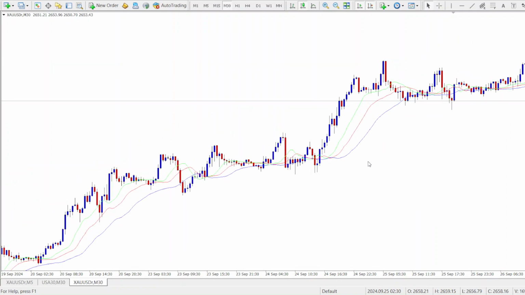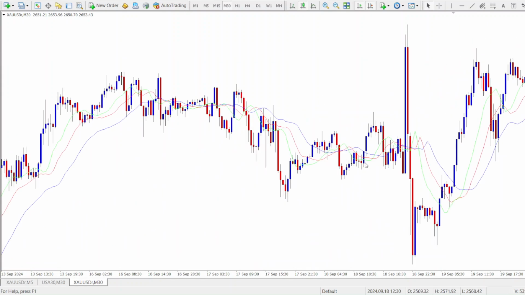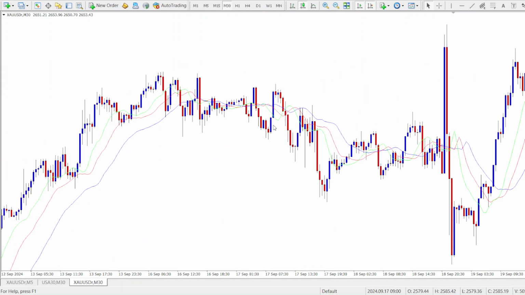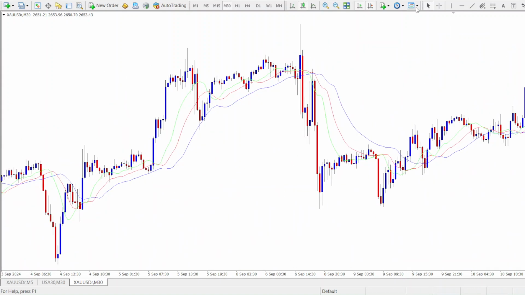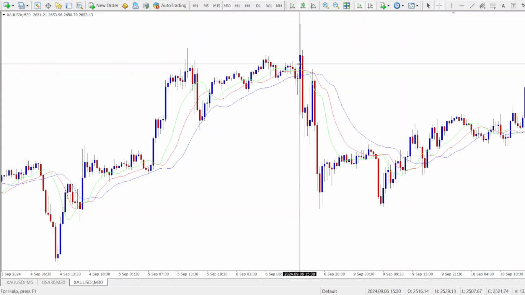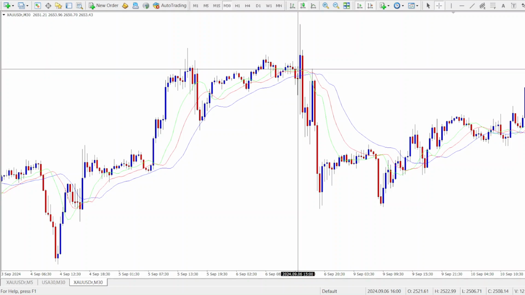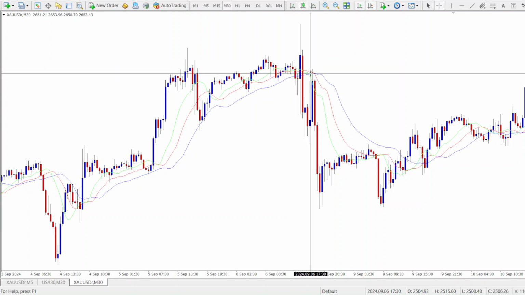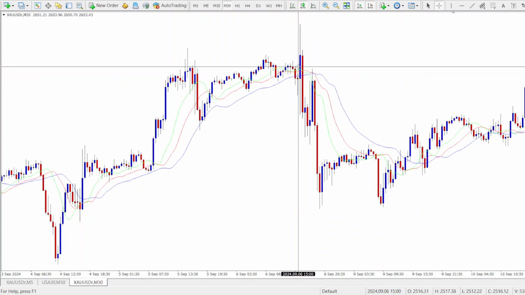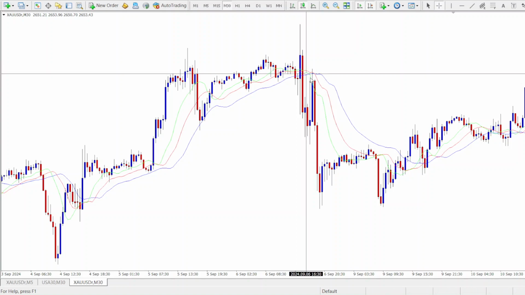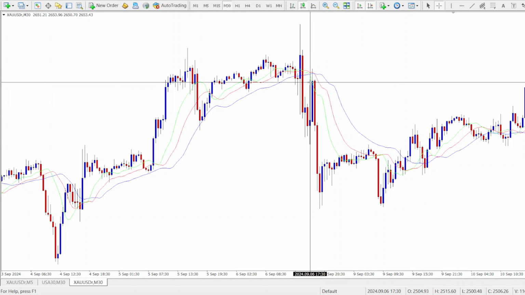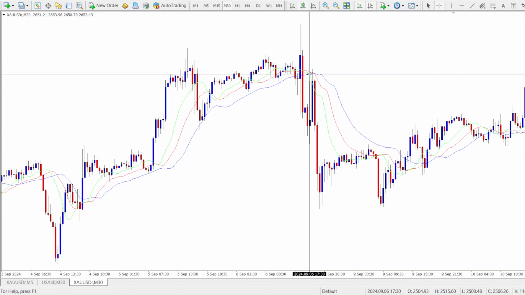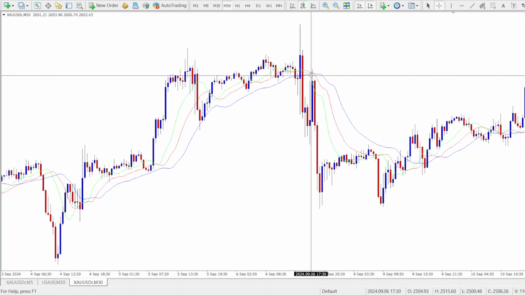Now let us look for a sell example. Now for a sell example, remember that the signal is when the green line or the lips crosses below the teeth and the jaw. That is our sell signal. Once the green line, being the lips, crosses below the teeth and the jaw, we have a sell signal. So we could have considered entering a sell trade right about here,